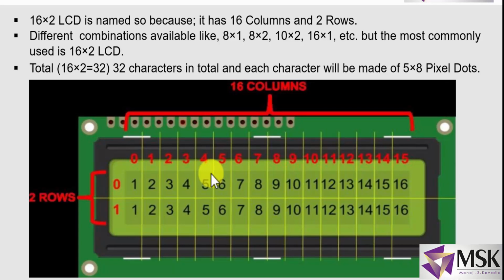Now in this LCD there are total 32 characters. In each row we can display 16 characters. So you can see here these are the 16 characters, and first row is row 0, second row is row 1, first column is column 0, same way the last column is column 15. Each cell in which the data is displayed is made up of 5 by 8 pixels, meaning one cell is of 40 pixels. This can be used to display alphanumeric data and even small graphic emojis.